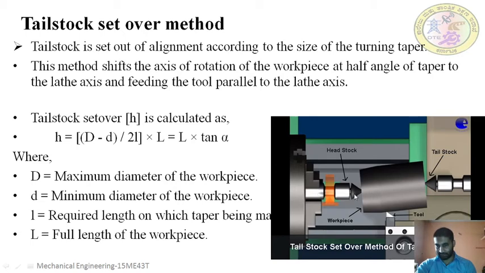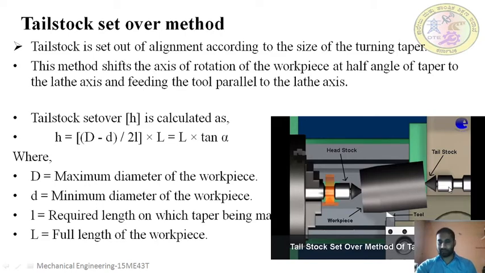If it is straight, it is a straight line here. Now you can see here the tailstock is set over at some angle which is equal to the half taper angle. Suppose, as I explained earlier, a 30-degree taper is required in the workpiece, the tailstock calculation will be done, and it is set to a distance such that the half taper angle is obtained on one side. Because if you machine half taper angle on one side, it will automatically produce the full taper angle on the